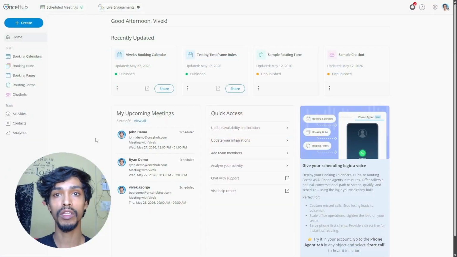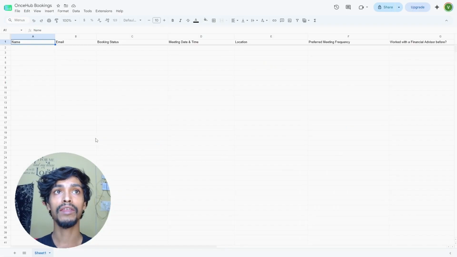For example, you could set up a scenario within Make so that whenever a new booking is scheduled, a new record is created in your CRM. Whereas if a booking was rescheduled, instead of a new record being created, Make would identify the same record and update it. For today's video, I have set up a Google Sheet, and the idea is to send data from